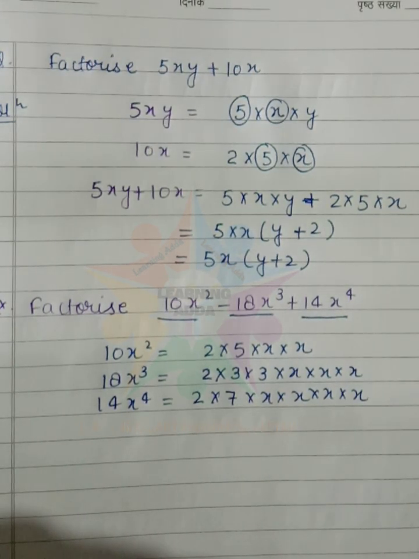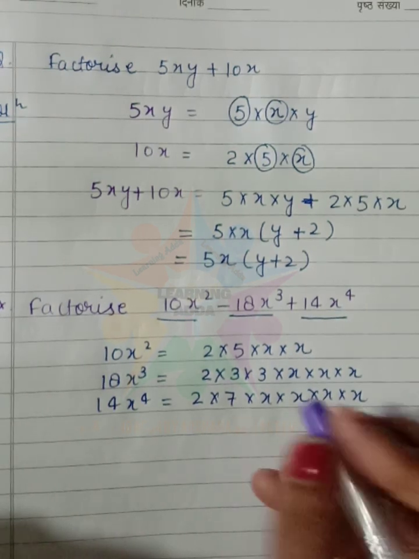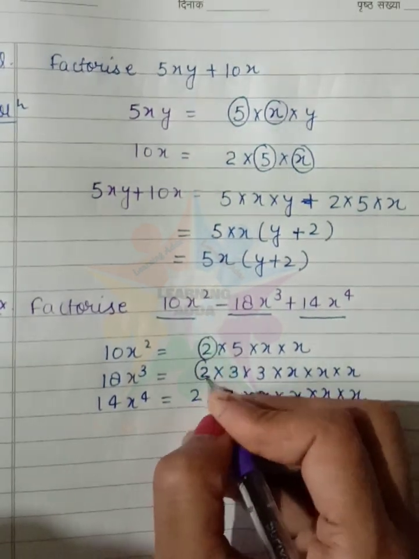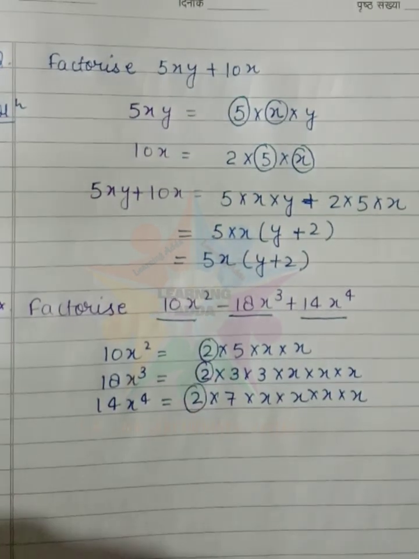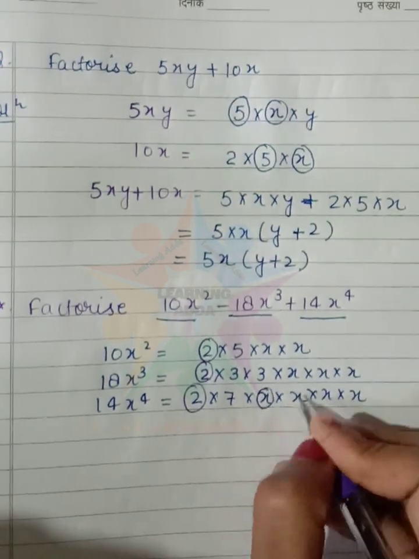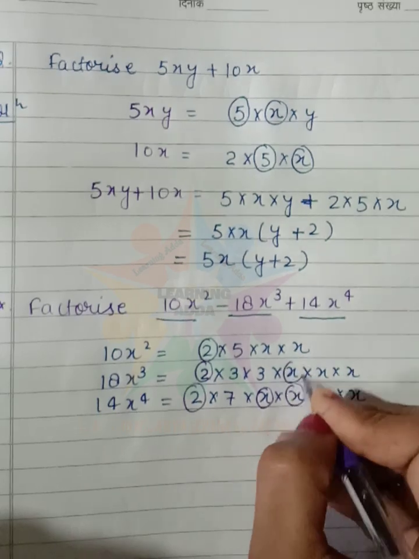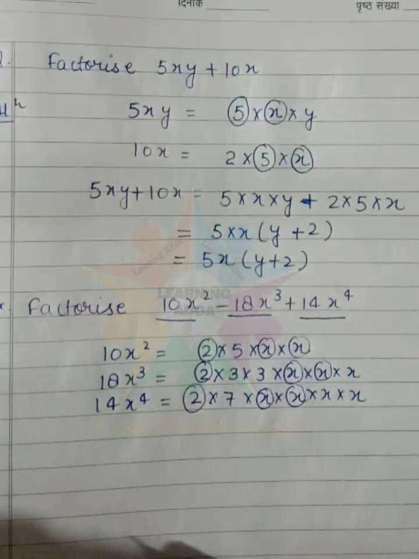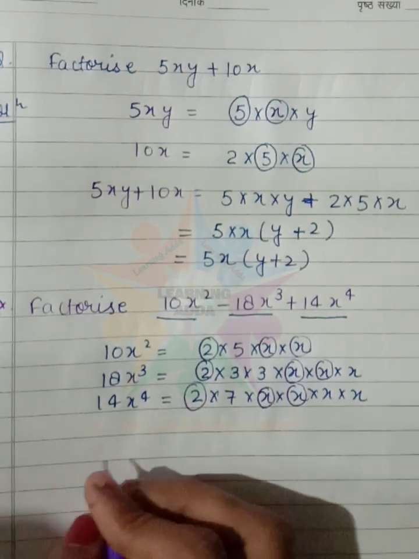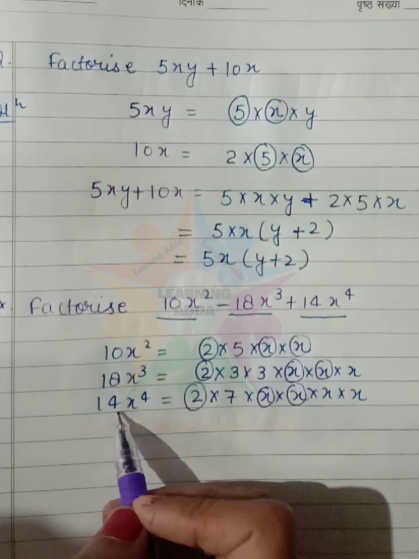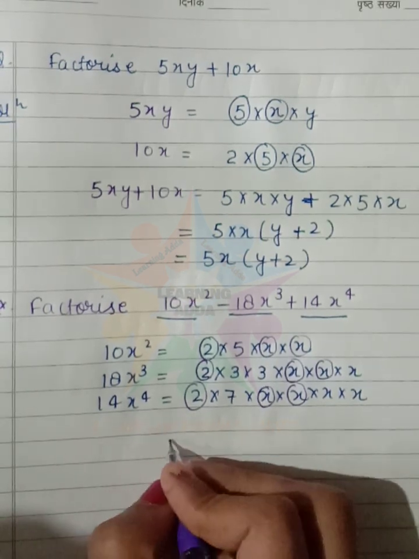We observe that the 3 terms have 2 common in the first, second and third terms, and next x, x, x. Means common factor of 10x square, 18x cube and 14x to the power 4 equals